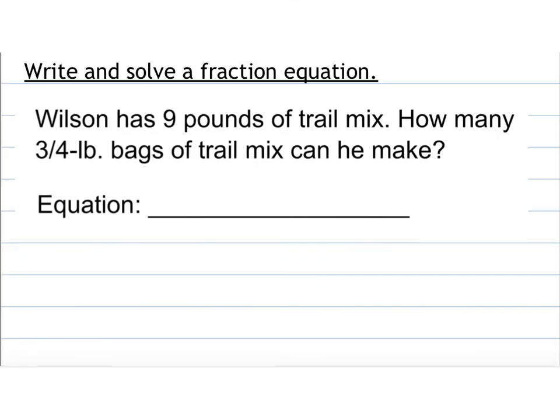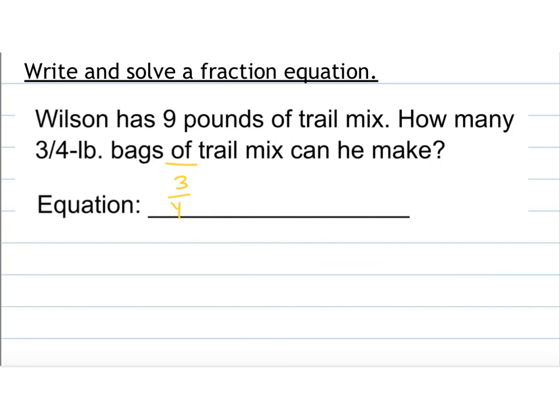Okay, we're going to write and solve our equation here. Wilson has 9 pounds of trail mix. How many 3/4 pound bags of trail mix can he make? So we have to write an equation. So he has 9 pounds, and he's making 3/4 pounds of trail mix. When I see that word of, I think I need to multiply. So I'm going to take 3/4